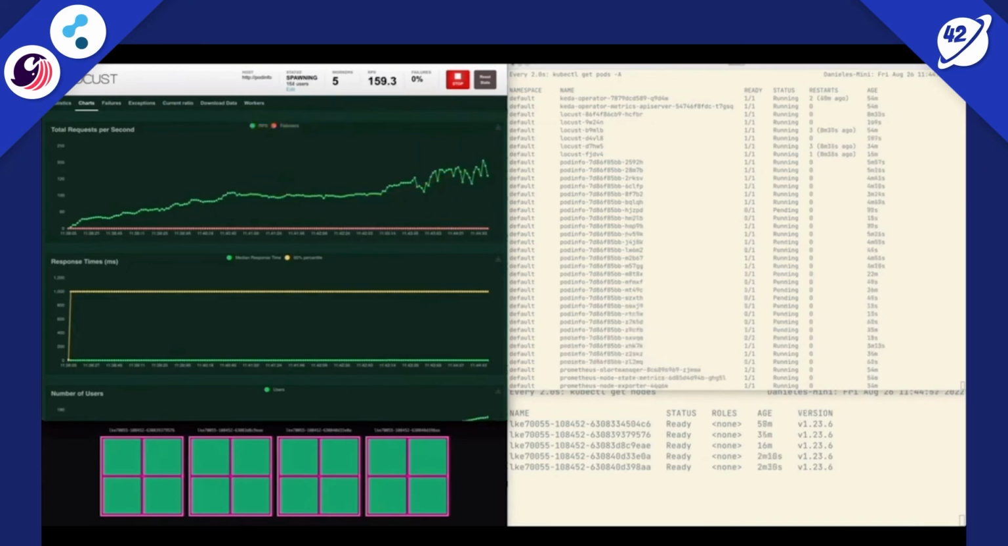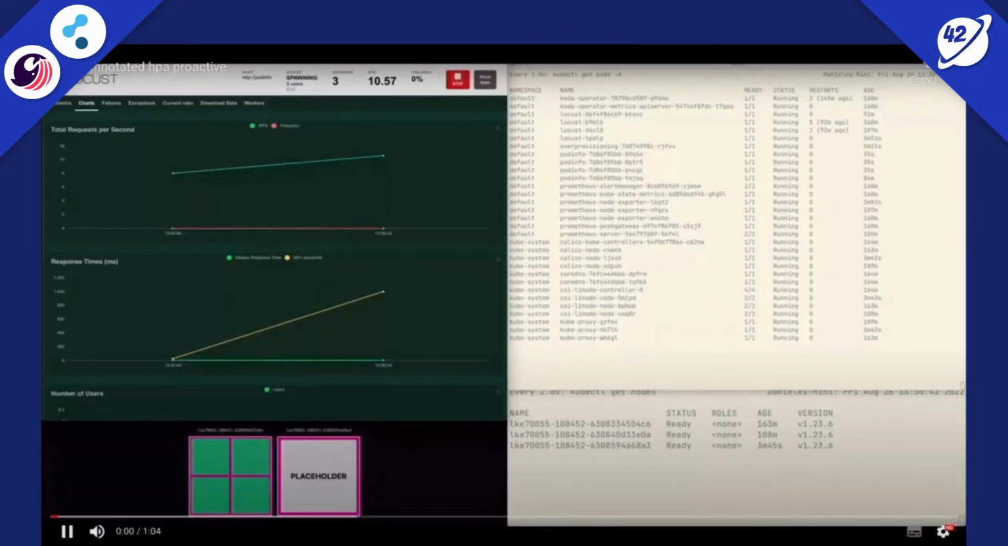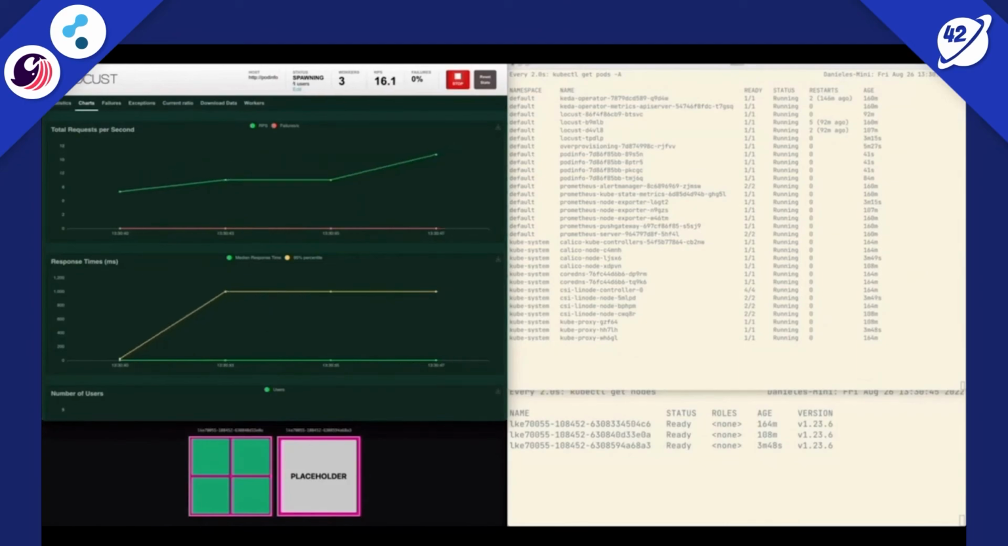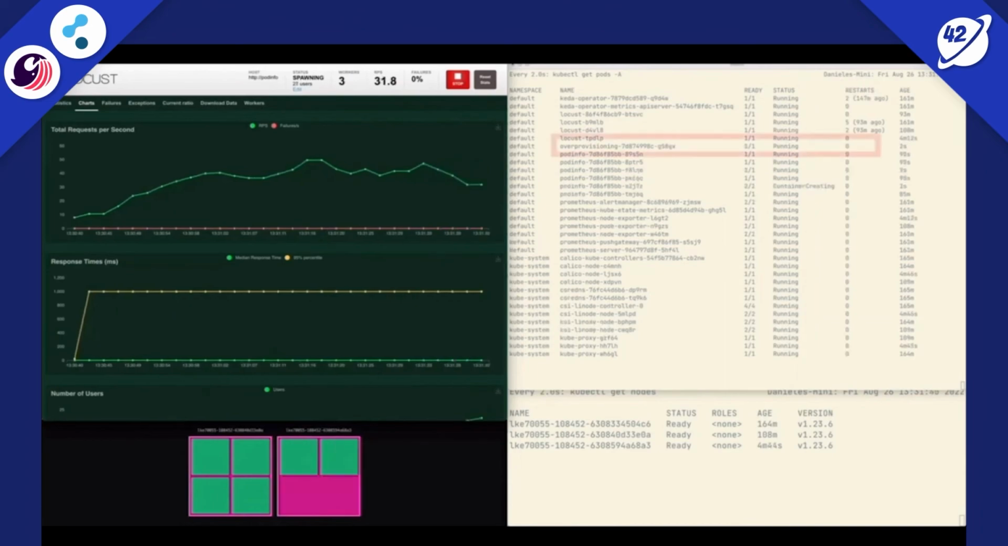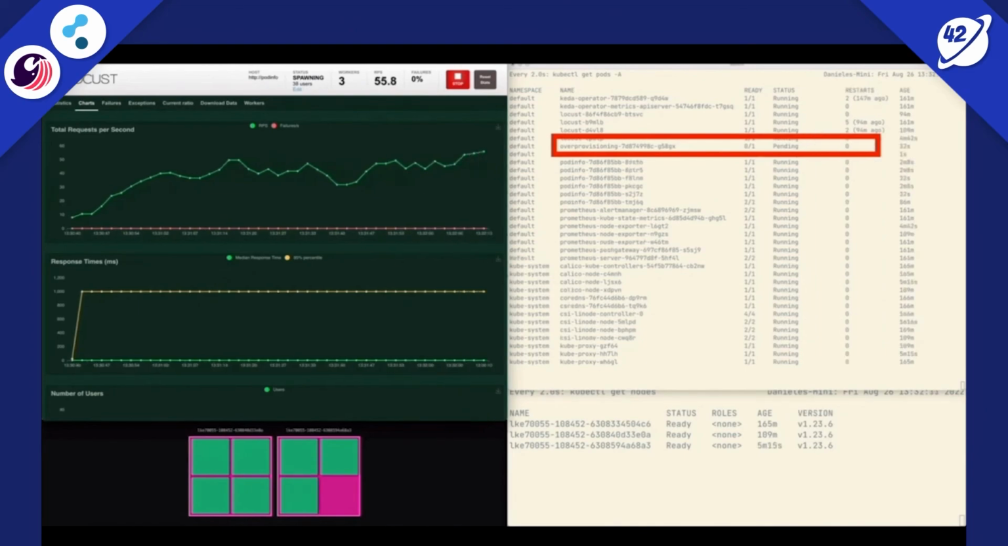Okay, next round. Is that playing? Yeah, cool. So now we can compare that to our more proactive pattern where we have a placeholder pod that's keeping a spare node ready at all times. As the traffic builds up, we can see that the placeholder quickly becomes evicted and our workload pods become scheduled on that node. A new placeholder pod is created as pending,